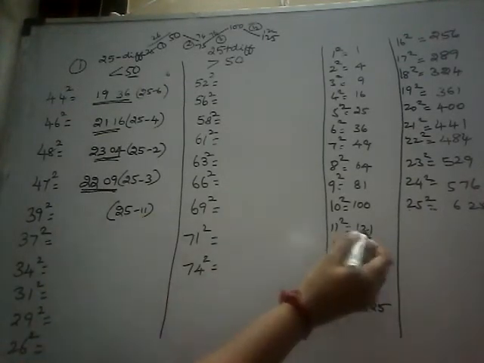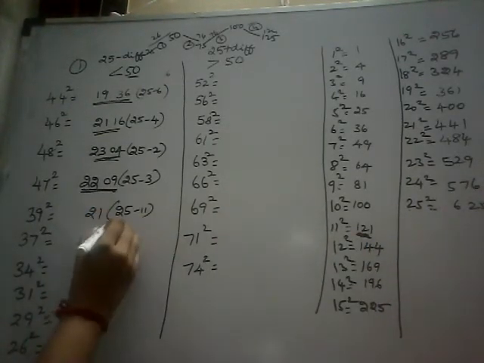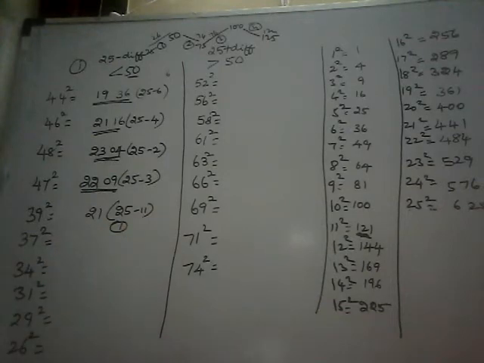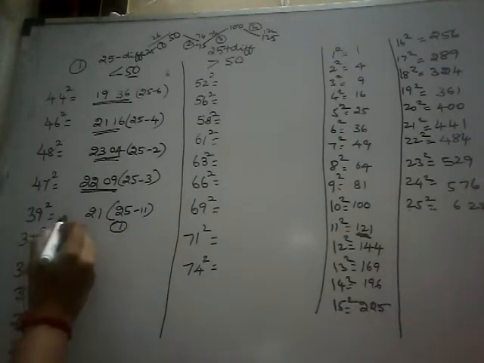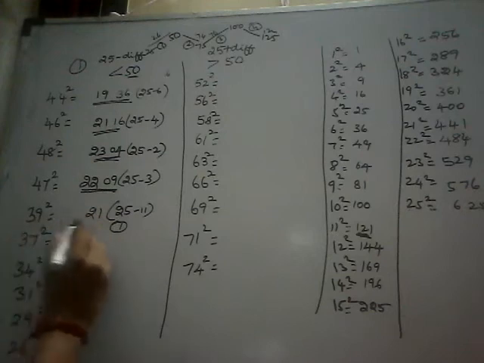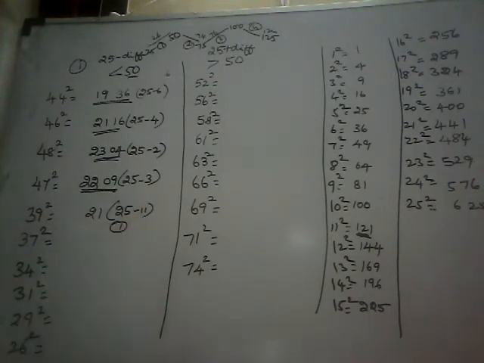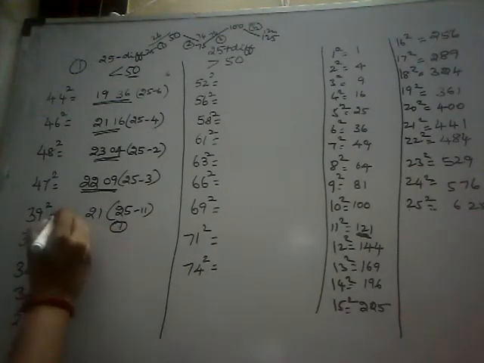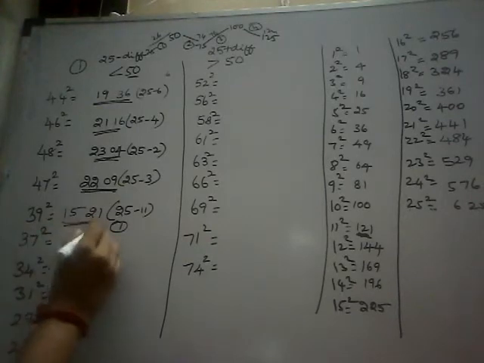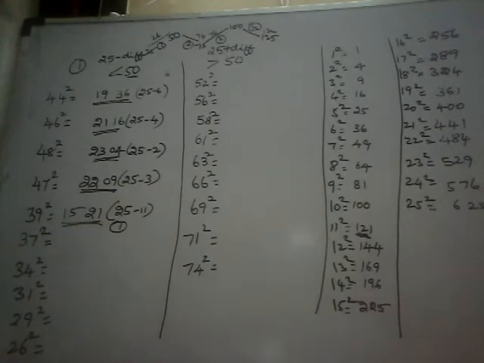So in this 121, write only 2 digits here, 1 in the carryover. The 3rd digit you carry over. So for the previous digits, subtraction 25 and that 11, what will you get? 14. Add this carry number, that will give you 15. 1521, that is your answer for 39 square.